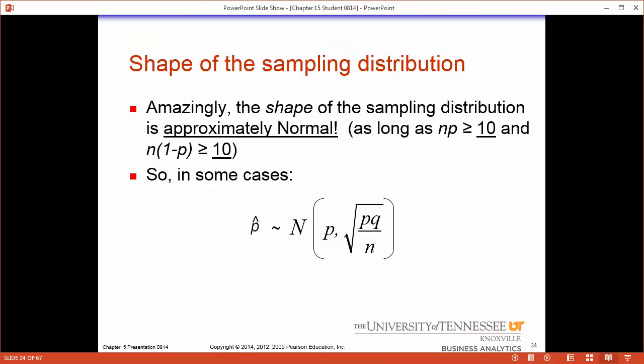For these things to work properly, we actually need to check some conditions. Because what we want to do here is state that the sampling distribution of p hat is approximately normal with a mean of p, which is the population proportion, and a standard deviation of the square root of p times q over n. Can't say that enough. What this means is we can use the normal. And that's the best thing. We love that. Using the normal is one of the best things ever.